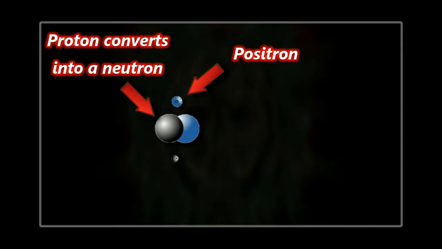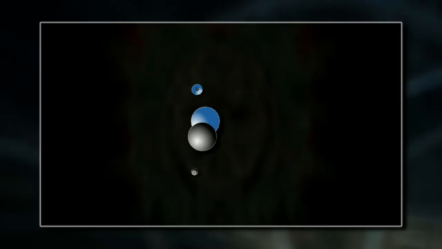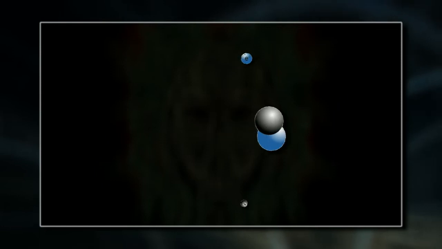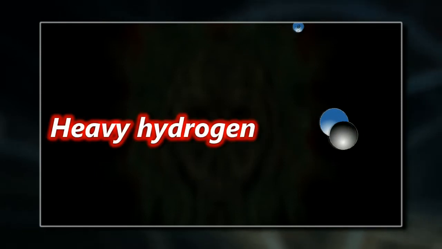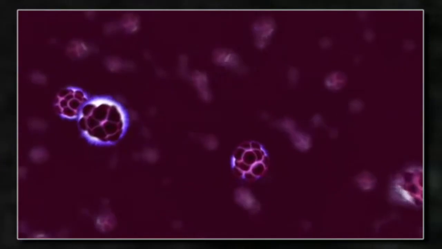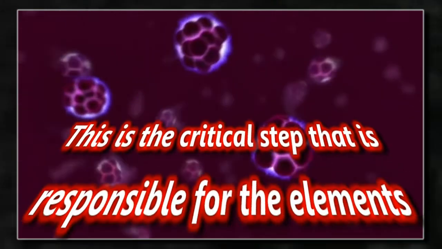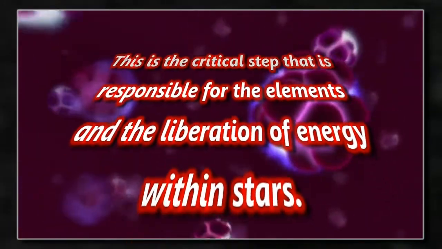During this process, the proton converts into a neutron by emitting a positron and a neutrino. The other proton and the newly formed neutron then bind together to form a nucleus of heavy hydrogen, which is an isotope known as deuterium. This is that critical step I was talking about that's responsible for the elements and the liberation of energy within